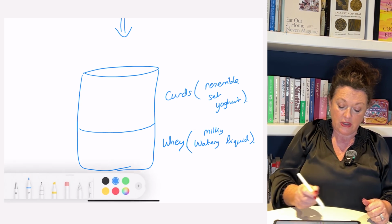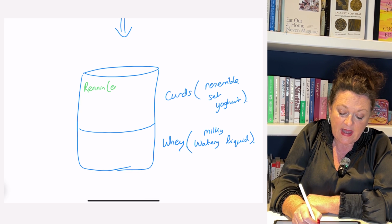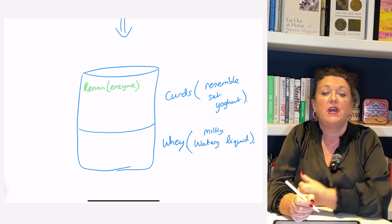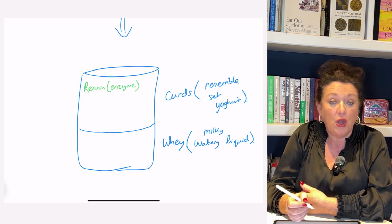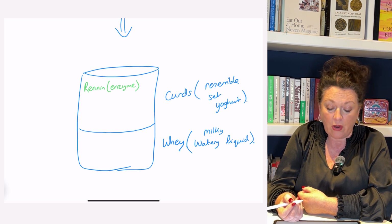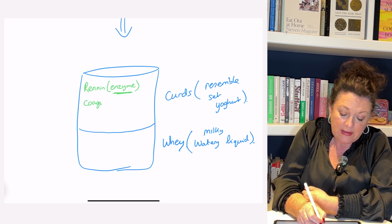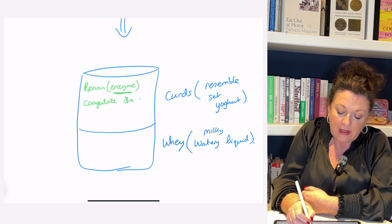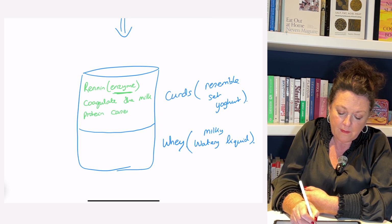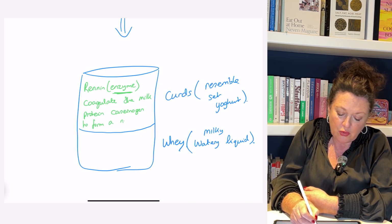Now, what has brought about the two distinct layers? Well, the rennin, which is the enzyme, either added because of natural rennet from the lining of the calf stomach, or rennin produced by biotechnology engineering in Moore Park in Cork. Either way, this enzyme will coagulate the milk protein caseinogen to form a new protein